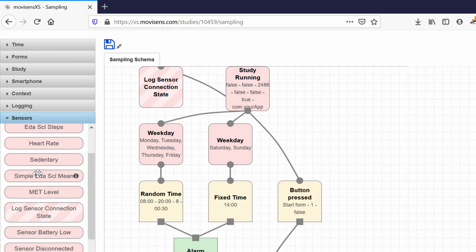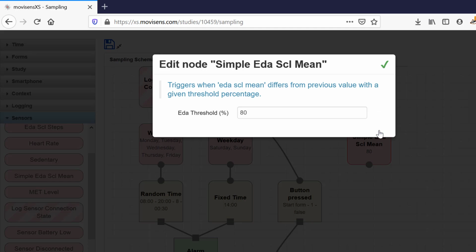Moving over to the simple EDA SCL mean, that's really just looking at the SCL level. So it's a threshold value of change that occurs across EDA, so within the previous value. Now, EDA is calculated generally at a 30-second window because it's relatively fast-acting, as opposed to RMSD, where you have to have a mass of data, like a minute or two of data, to actually notice relative changes that are meaningful.